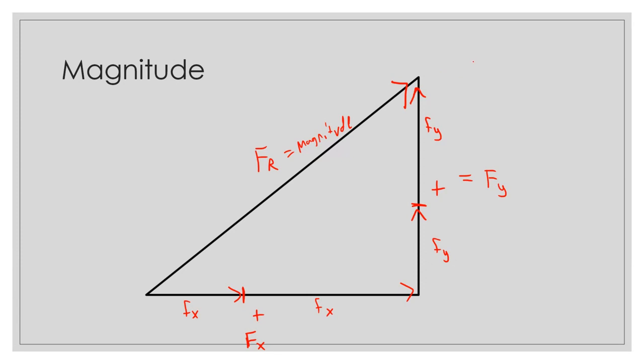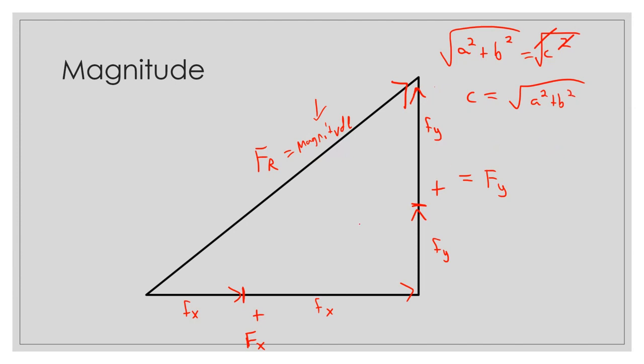So in simple terms, let's try to remember our Pythagorean theorem: A squared plus B squared is equal to C squared. This is the main concept that we're going to be working with so that we get the magnitude. One way to simplify this is to square root both sides, and the square and the square root cancel each other out because they are opposites. So C is equal to the square root of A squared plus B squared.